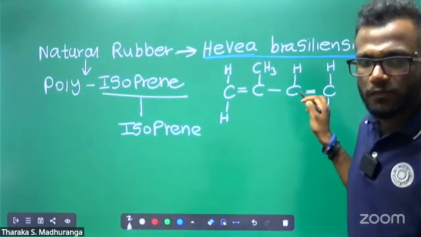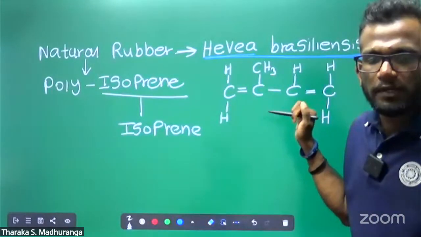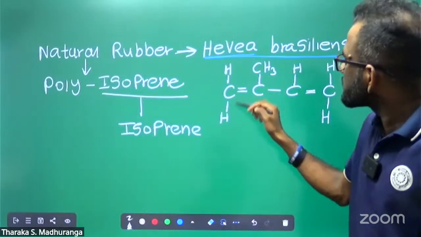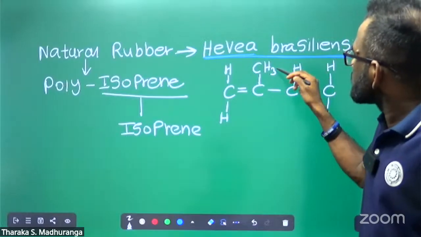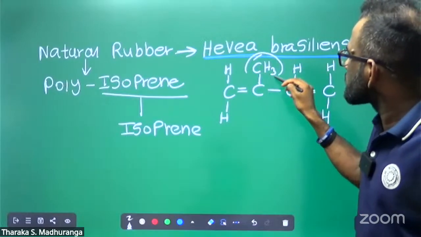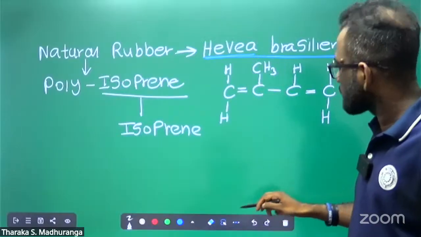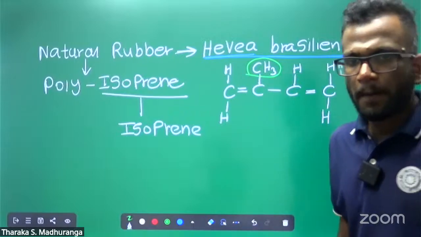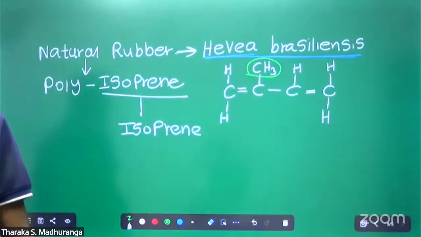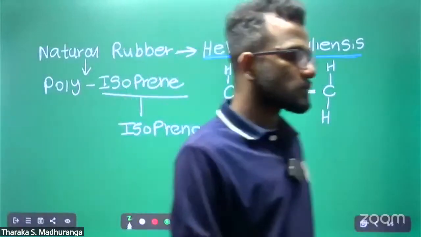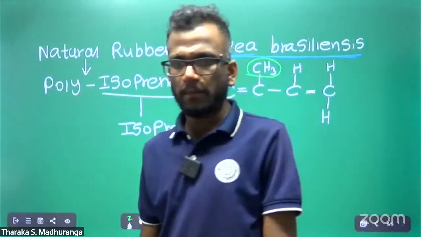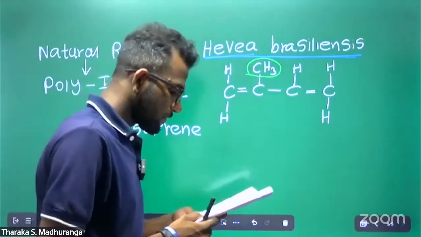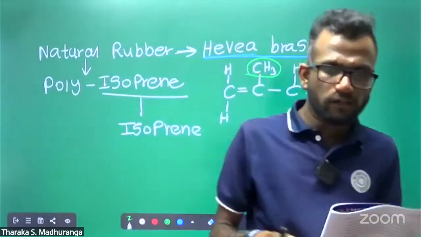It has four carbons, two double bond carbons and one single bond carbon and hydrogen, and one CH3. This is isoprene. Then polymerization of this isoprene